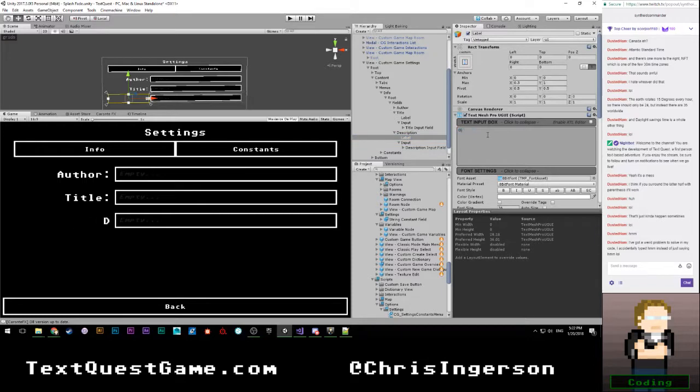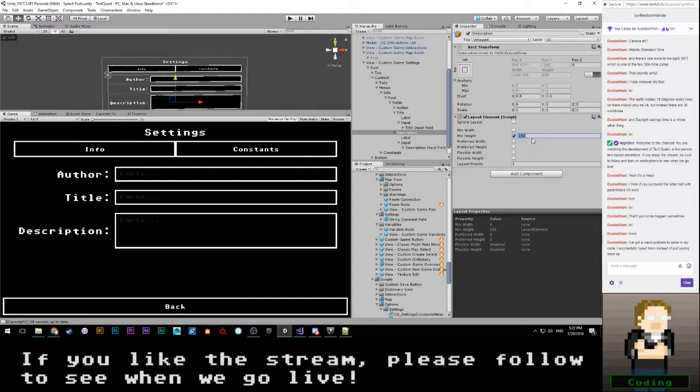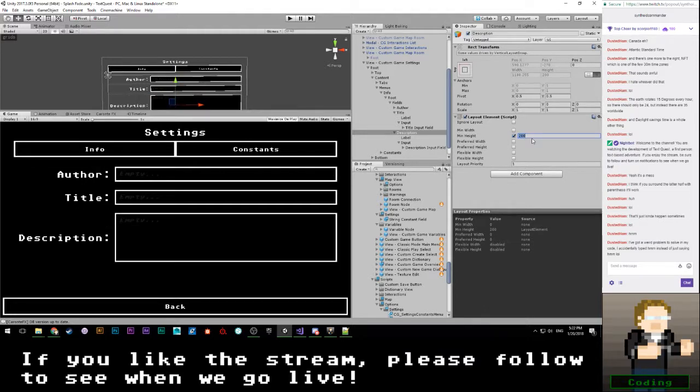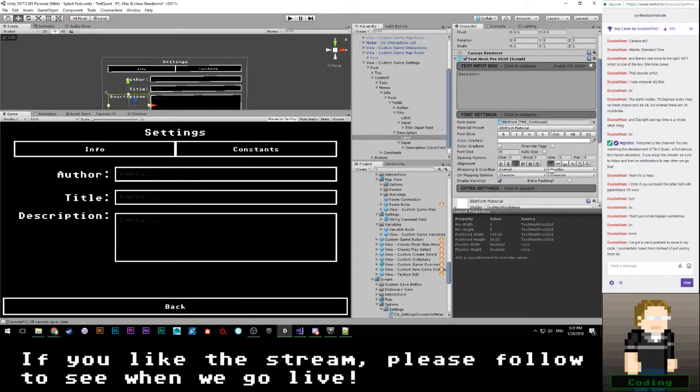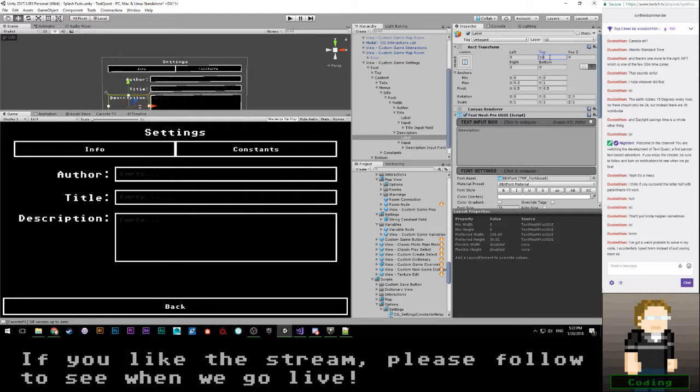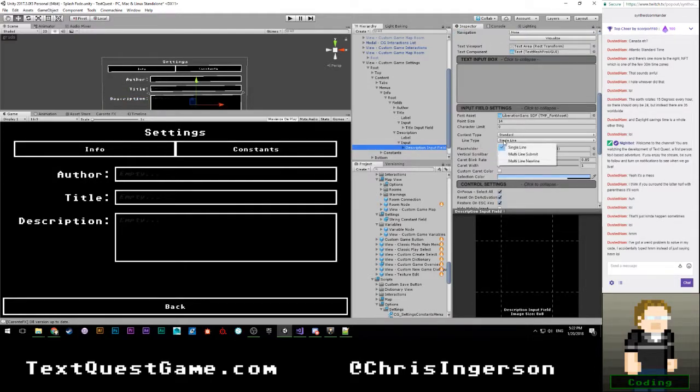Okay, so the label is going to say description. And we're actually going to change this height to be 150? 200. And we're going to also change our alignment here to be near the top with an offset of 10? 20. Yep, there we go. So this is a lot longer. Description input field is also going to be a multi-line new line, I think, so that you can do tab, or you can do paragraphs basically, and that should handle everything.